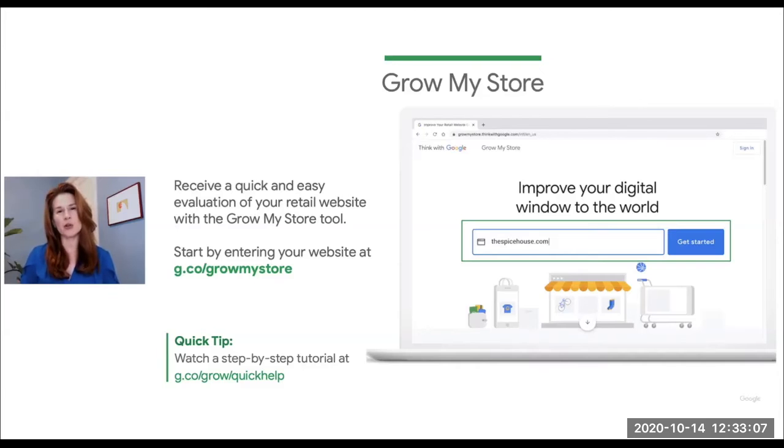The report evaluates a range of factors such as product information, store details, personalization, the shopping experience, and site performance. The tool also measures how fast your website loads and its mobile friendliness, and if it uses HTTPS. You can receive a personalized report and tips on how to make improvements. You can try it out by visiting